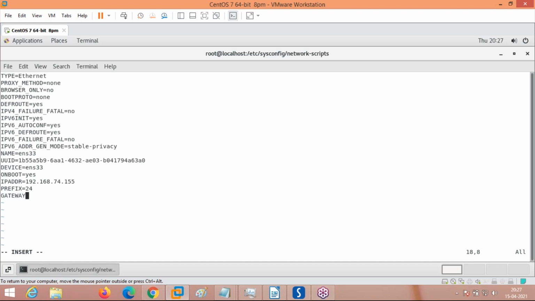GATEWAY is the router IP address, 192.168.74.2. These are the default settings I am using to configure my server.